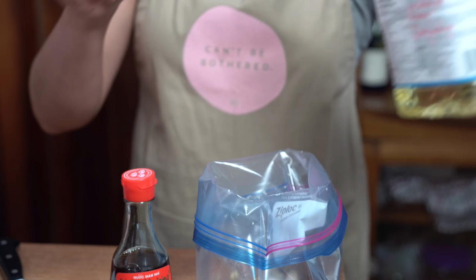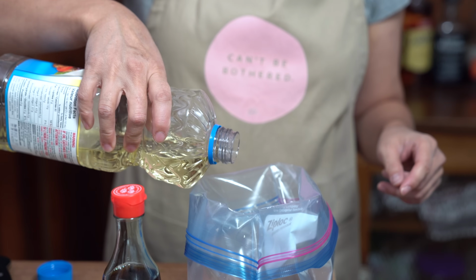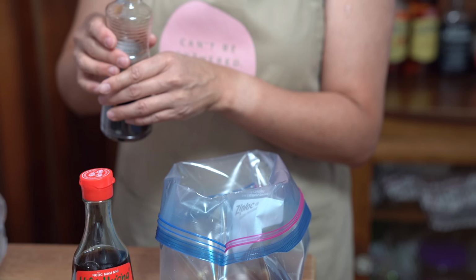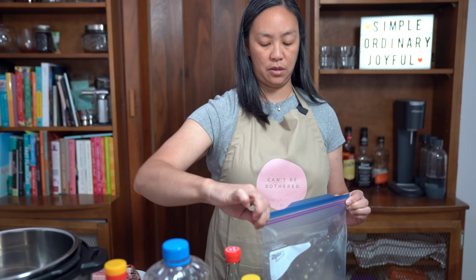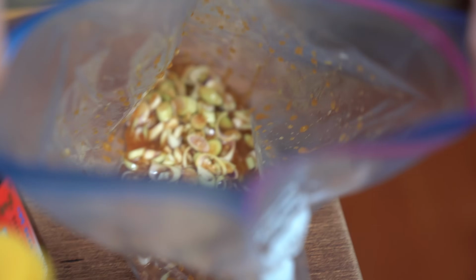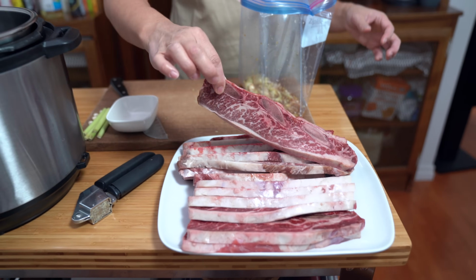Oh, it smells so good. I wish you guys could smell it. 2 tablespoons of vegetable oil. 1 teaspoon of sesame oil. Just going to seal up the bag. Give it a good shake. Ta-da! Your marinade's ready. I have 4 pounds of this flanken short rib, and what it is they cut the